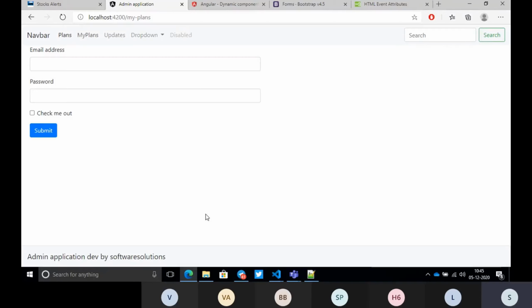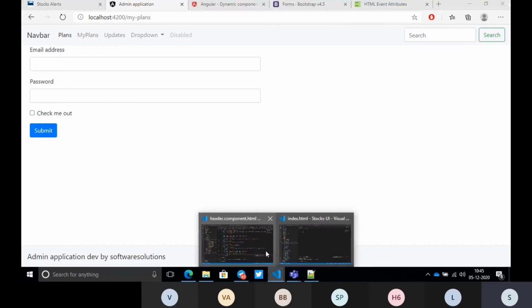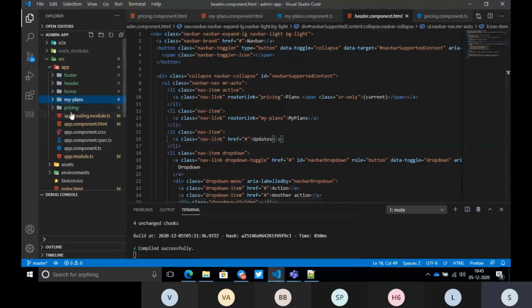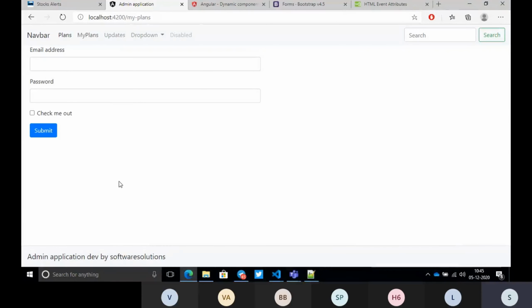Suppose we have 1,000 customers, will all the names be in the HTML, or in the database? It will be in the database only, not in the HTML, not in the TS file. All your customer names and your data will be in the database. So I want to show the data here. How will it come? We should write some code.